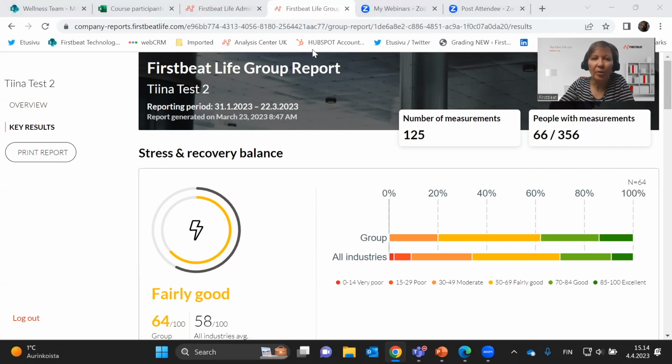I noticed there is one question already, so let's see. This is an interesting question. How logistically would 666 out of 300 people actually get a device to measure? Obviously this was a demo group that we had, so it wasn't a group that was going all at once. It's something that we use for demo purposes, but of course, when you have larger groups,